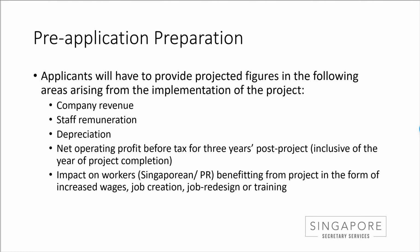So applicants will have to provide projected figures in the following areas when you implement the project. Let's say you're going to take from the government like 30,000 or 50,000 to do an e-commerce platform that integrates with all your inventory and POS system. Then you need to project and show the government that after you implement this solution, the company revenue is expected to go up, the staff remuneration is expected to go up, things like this. So impact on workers, like how many workers will benefit, because maybe you can increase headcount, you can do training for your workers. All these things you have to show and project